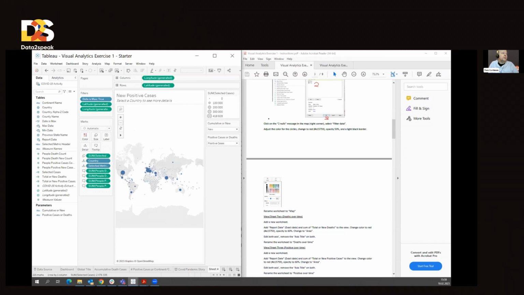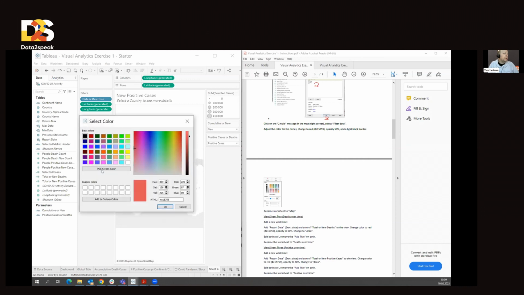By default, every circle is blue, but we are looking at data that are not as positive, since we're looking at infected or dead after the COVID. So we can change this to a different color. We can select any red that are in here, or we can even select more colors to find a specific one. You can write in, well, this is the same one that I have in the exercise